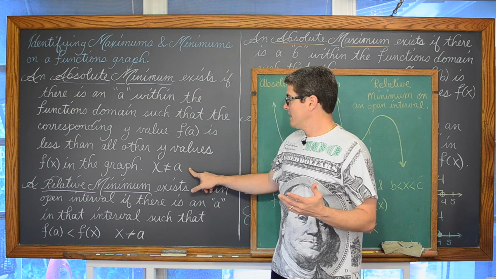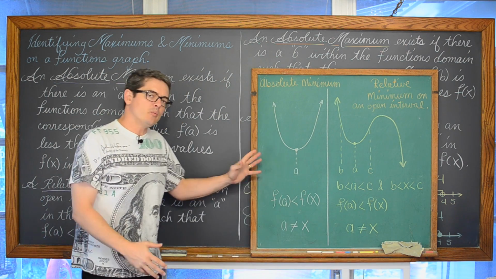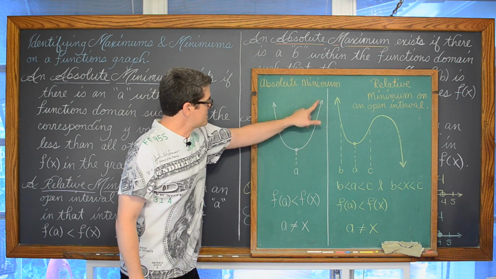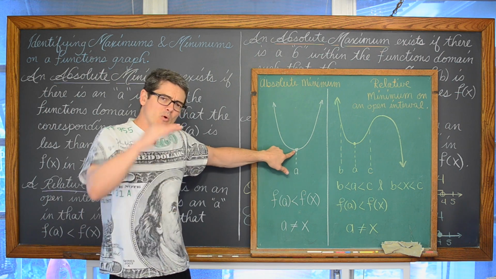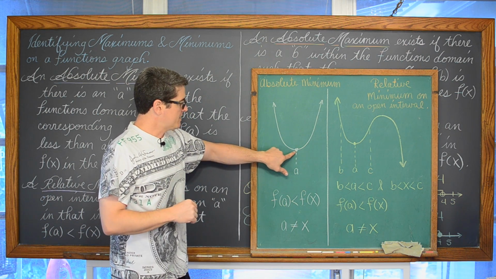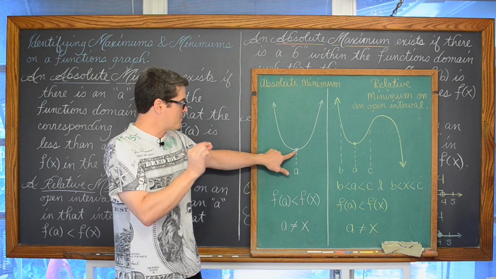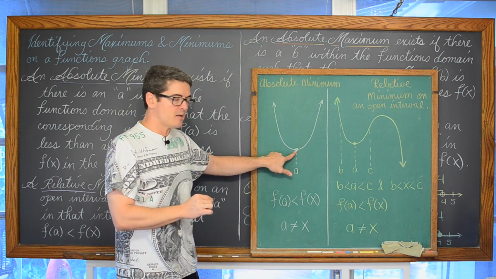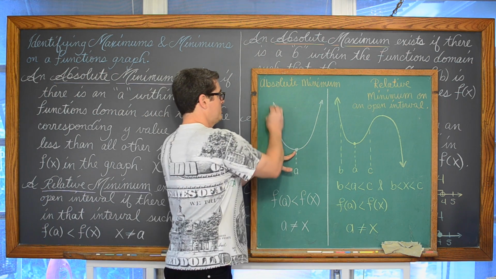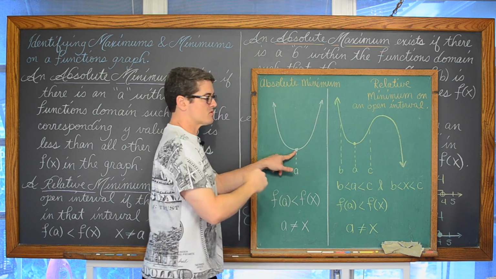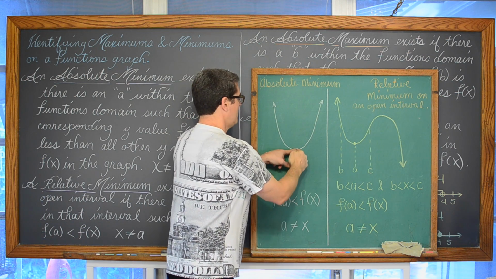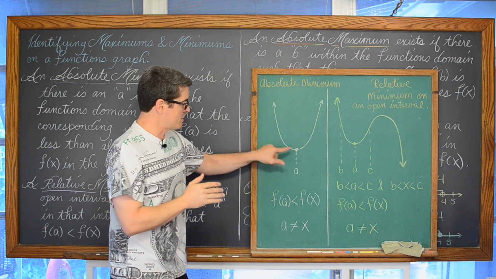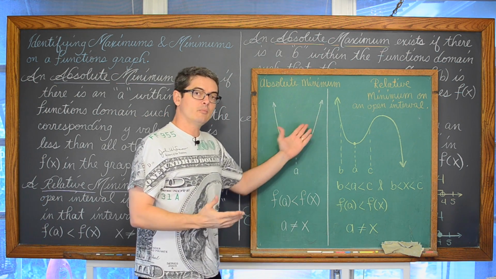Everywhere that x is not equal to a, because, well, to put it into a picture so you kind of understand what I'm talking about here, we have a parabola that's opening up. Now, because this parabola opens up, there's one point that's at the very bottom of that dip. Well, at the bottom of that dip, that's going to give us our smallest y value. Remember, the y values are the up and down movement. There's some point at the bottom that gives us the smallest y value that's included throughout this entire domain of this graph, because from this point, the vertex, the graph opens up in both directions. So that y value is the lowest, the smallest y value within this entire domain.